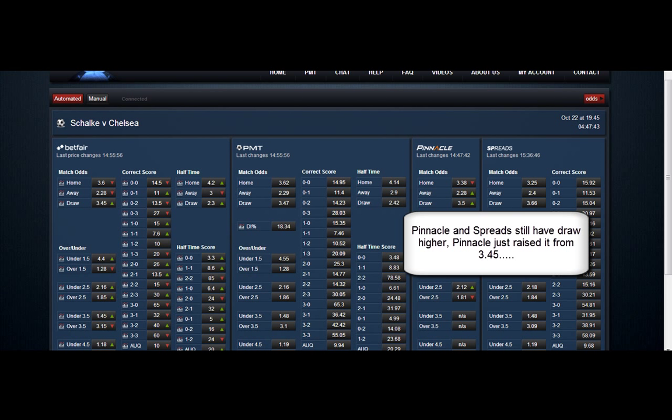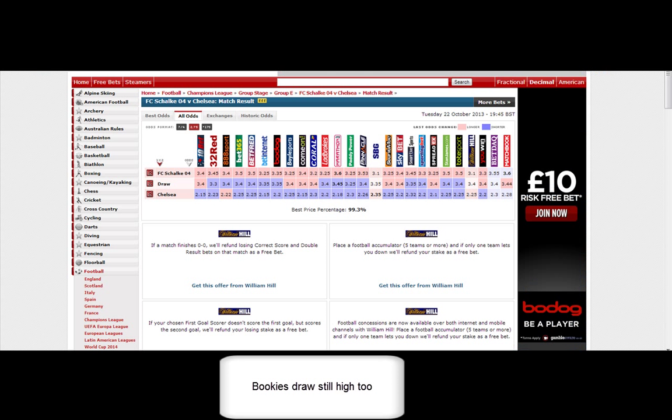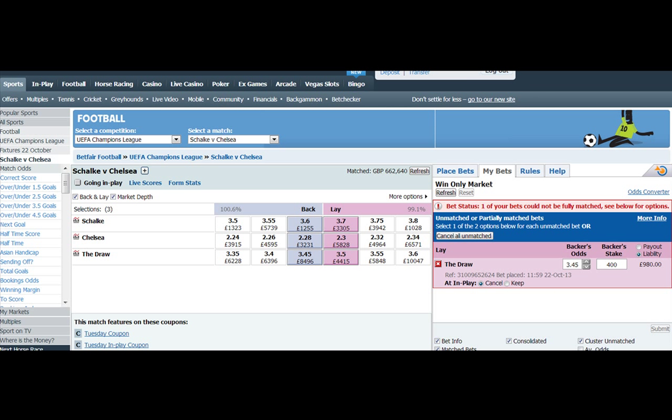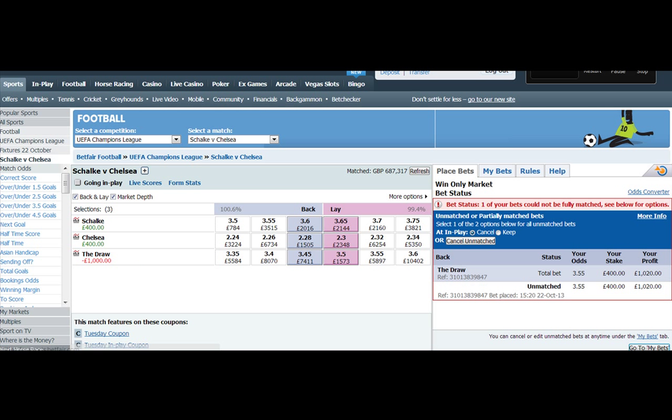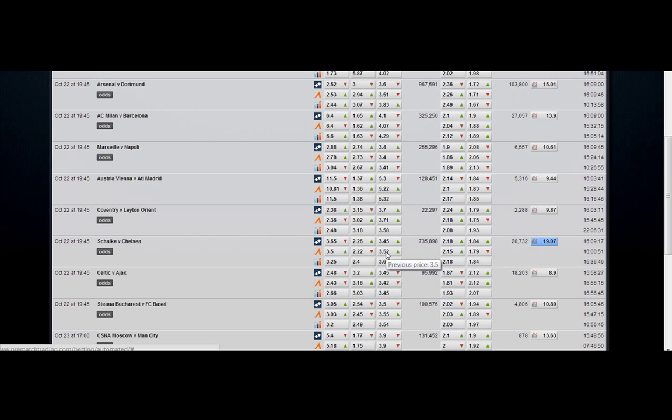Pinnacle, as you can see, have just raised the draw, so that's another good sign that the draw will actually drift here. Often when Pinnacle make an adjustment, Betfair will follow. So we're sitting in the queue just waiting. Again, it looks like the money's going to go and we're not going to get taken, so we're going to have to get on the back end of the 3.5 as it's taken. Immediately get on one tick higher,